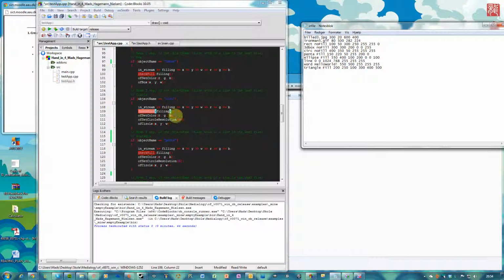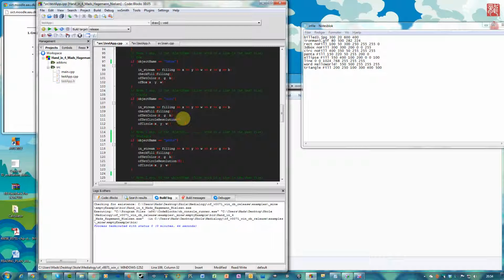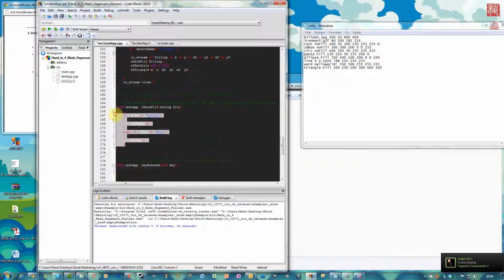So instead of writing ofFill and ofFill and ofNoFill, you can just make this code so it checks it, and it's just down here. So if fill is no fill, then it's going to run the ofNoFill function that is built in. Else if fill is equal to fill, like in here, then it would just